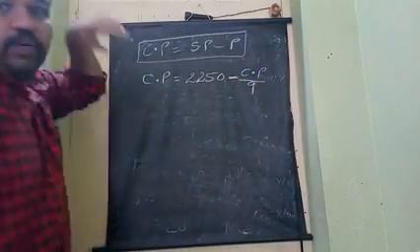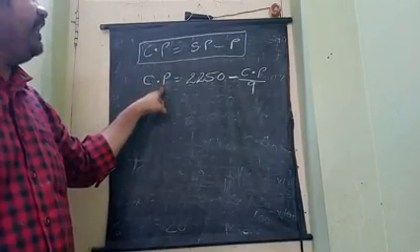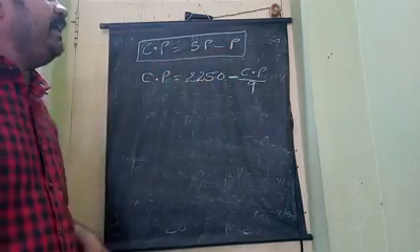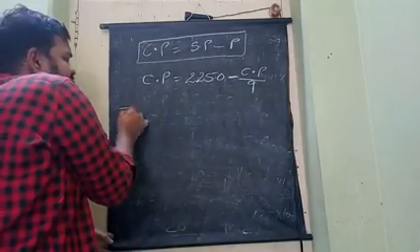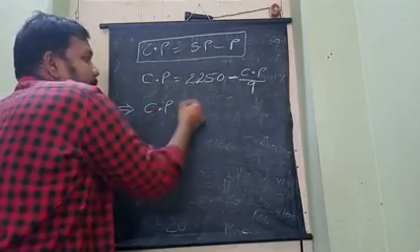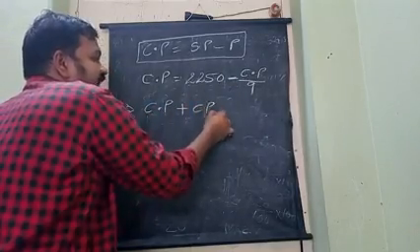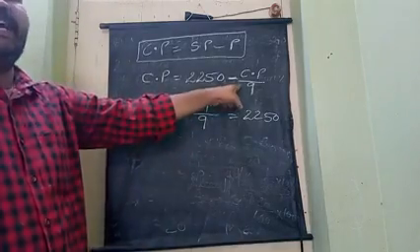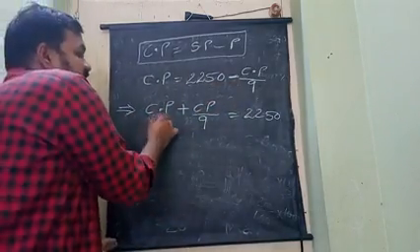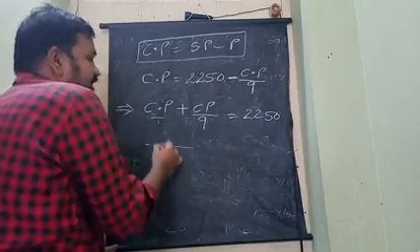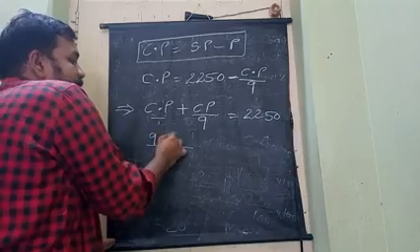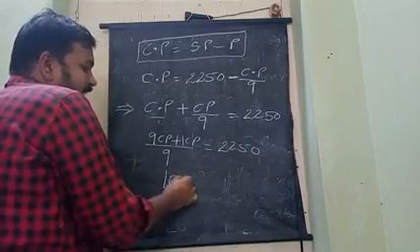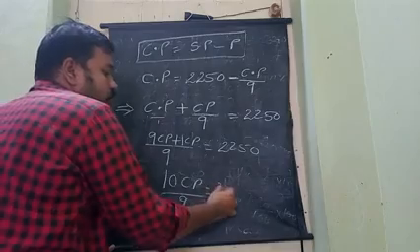Once again see this sum. Cost price is not given, so write it as CP. Selling price is given as 2250 minus profit, CP by 9. Now bringing to the left hand side, CP, minus becomes plus, CP by 9 is equal to 2250. This minus sign becomes a plus sign. Now taking the LCM of the denominator, the LCM is 9. So 9 CP plus 1 CP by 9 is equal to 2250. This becomes 10 CP by 9 is equal to 2250.